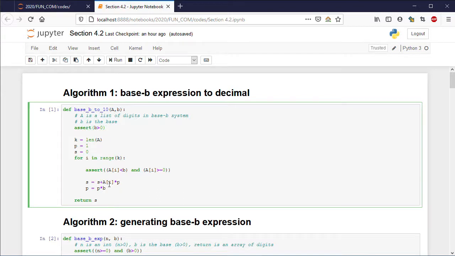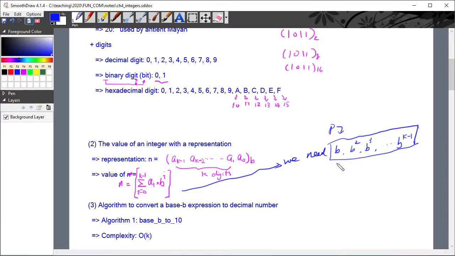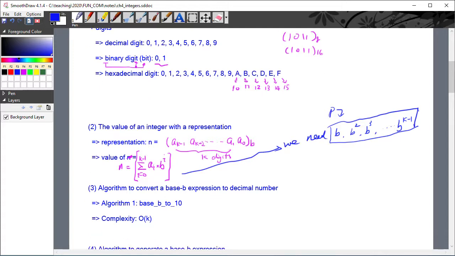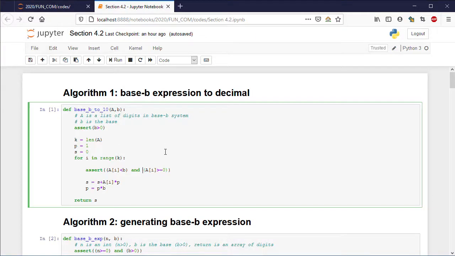And then at the end of this iteration, I have this line, p equals p times b, which means that I'm going to calculate from 1 times b equals b, and then in the next iteration, b times b will be b squared, and then at the end of the third iteration, I have b to the power 3 equals b times b squared, and so forth. Eventually, we have b to the power k minus 1 used in the last iteration. Anyway, it's a very simple